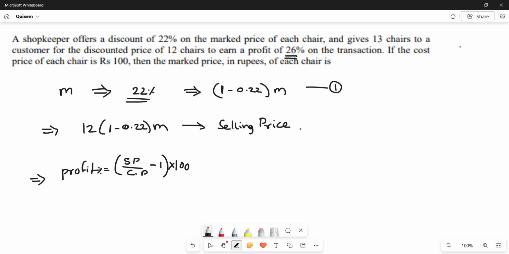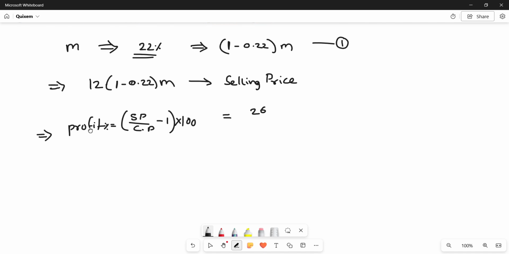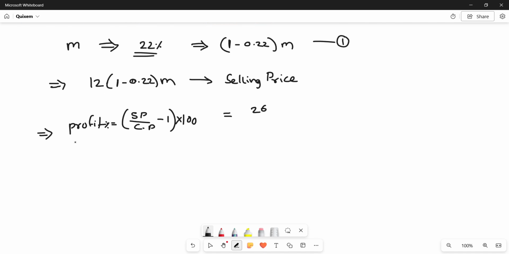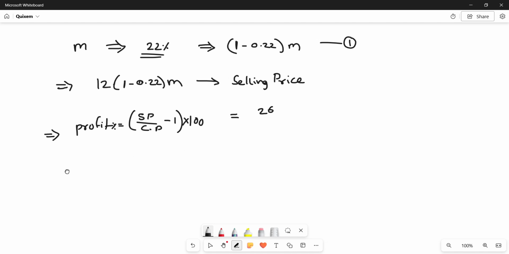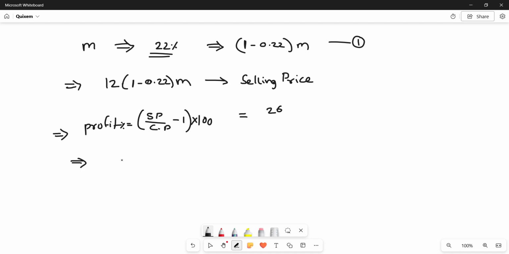Now we already got the selling price. Now we need to understand the cost price, and we already know the profit is 26%, which is given. Now we have to find the selling price out of this equation. Since there were 13 chairs sold and each chair costs us 100 rupees, the total cost price would be 1300. So that is SP divided by 1300, minus 1,